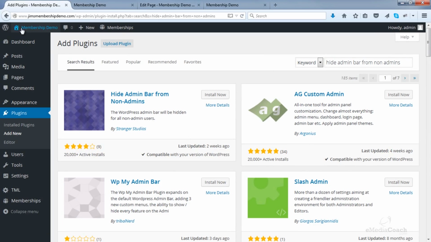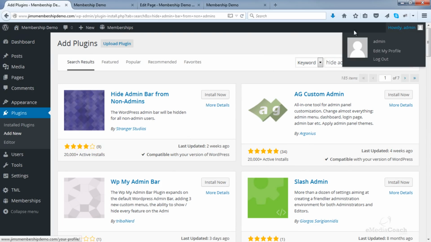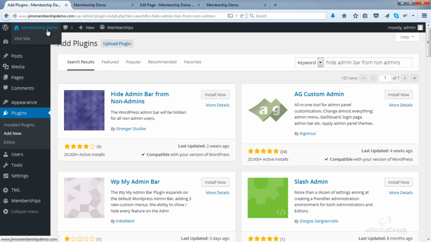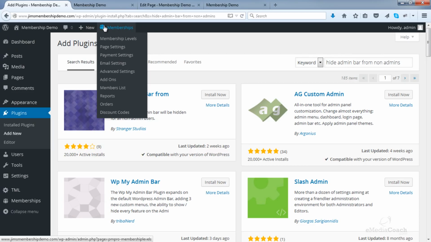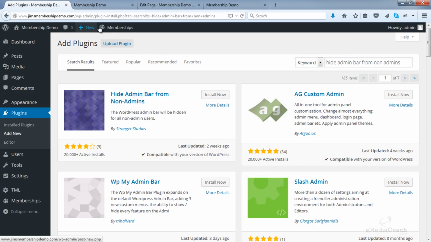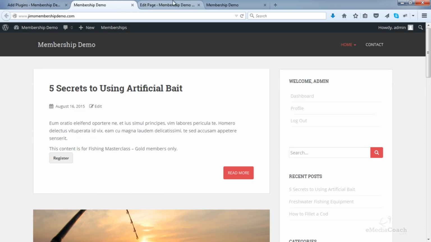So we only want to hide this black bar for people who are not administrators on our website. I don't want to hide it from my account because I actually find this bar very useful to access various parts of my site. Or say if I'm on a page, I can edit that page just by clicking on the edit button,